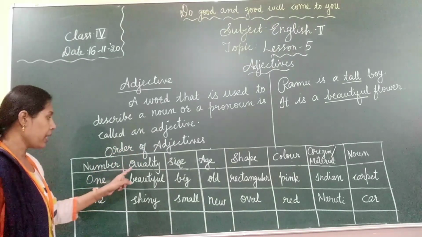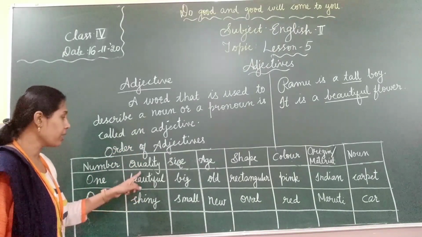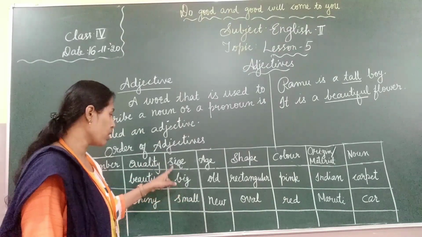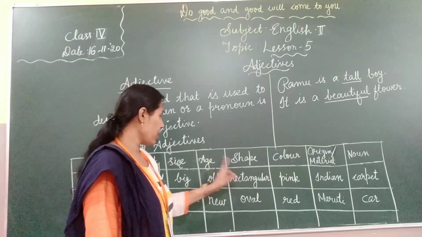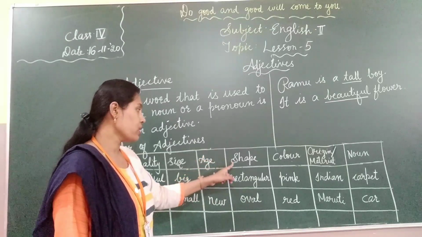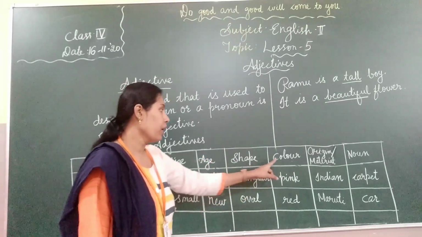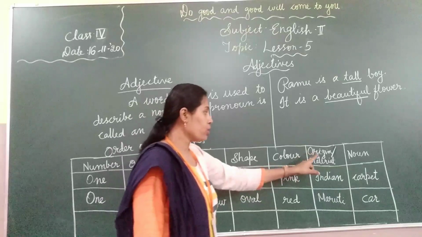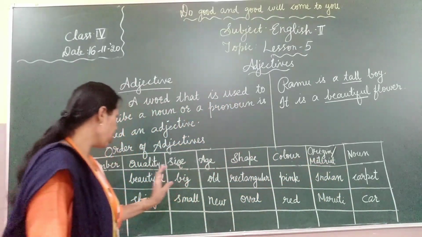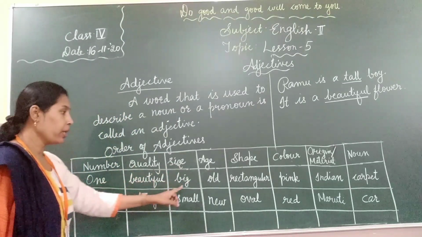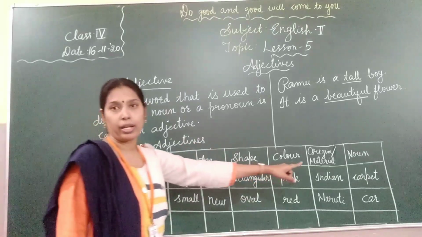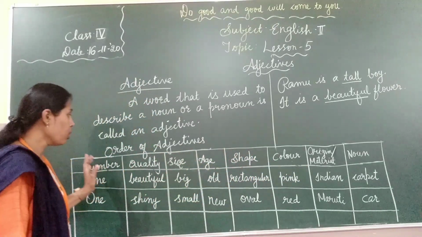Number, one. Next, quality. Beautiful comes under quality. Next, size. Big size. Big, small, all come under size. Next, age. Old, new, young, all come under age. Next, shape. Rectangular shape. Color, pink. Origin or material, that's Indian. Now, carpet. So, you cannot write beautiful, one, big, old. No, there is an order to write the adjectives before a noun, and this is the order to write the